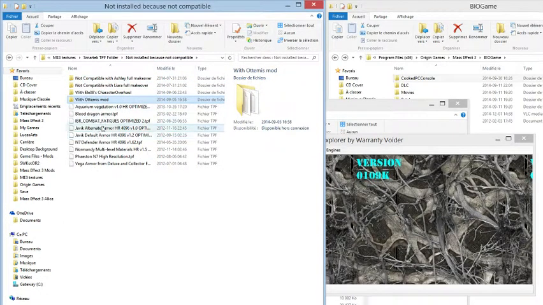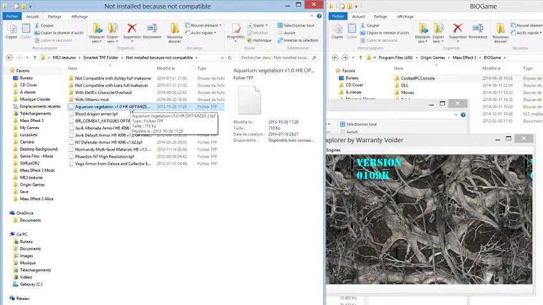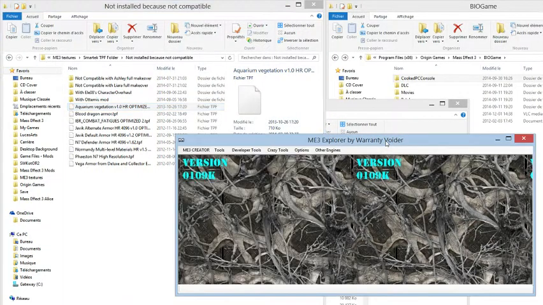Okay, so basically that's what we have right now. Aquarium vegetation, I installed it, and you've got all kind of fuzzy effect in your aquarium, and nowhere near what he had in mind. So it will work with TextMod, but not with Mass Effect 3 Explorer tool, which is the tool I'm going to be using, and I won't mix things up, mainly because